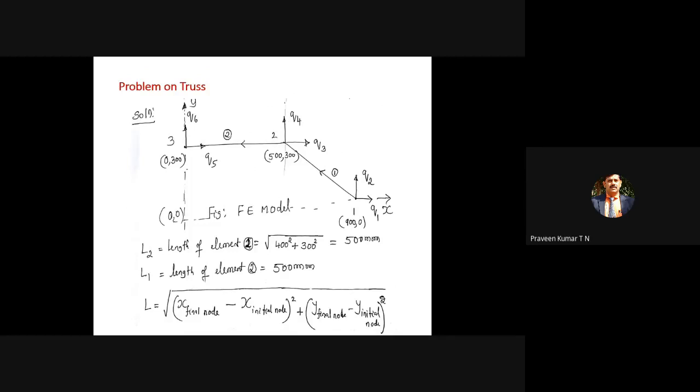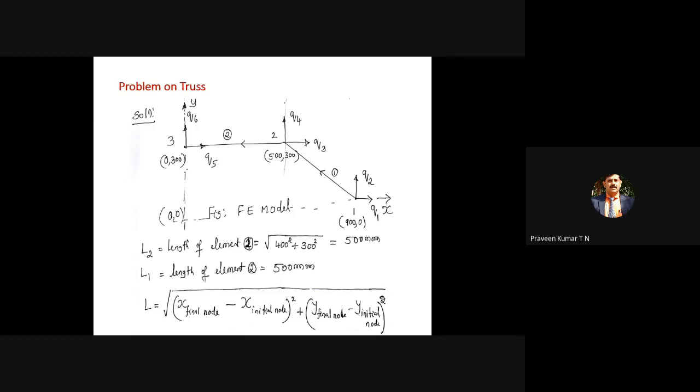So when node 3 is fixed, the corresponding degrees of freedom or displacements are that node 3 can move along the x direction. How much distance it moves along the x direction is given by Q5. And how much distance it moves along the y direction for node 3 is given by Q6. Imagine if it is moved in the vertical direction by 3 mm, then Q6 is equal to 3. If the same node is moved in the vertical downward direction, then it will be negative, like minus